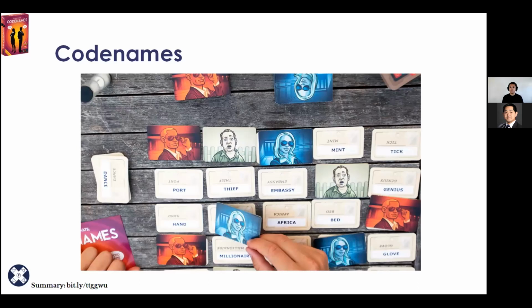So this is what a physical setup of Codenames looks like. You can see on this board that some red team agents have been identified and some blue team agents have been identified. This is what they look like. You would put an individual agent card on top of that card that represents your color, red for red and blue for blue.